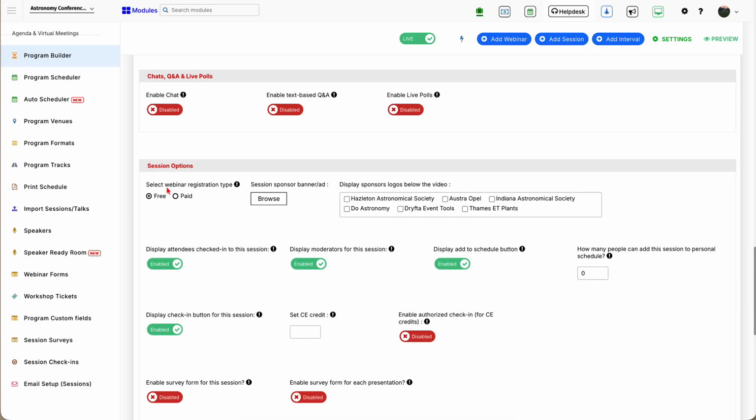Under session options, you have to select the webinar registration type, which is by default set to free. So if you have a free session which does not require any payment, then you have to select free. If it is a paid workshop or paid training session, then you should select paid, and then you have to select the ticket type associated